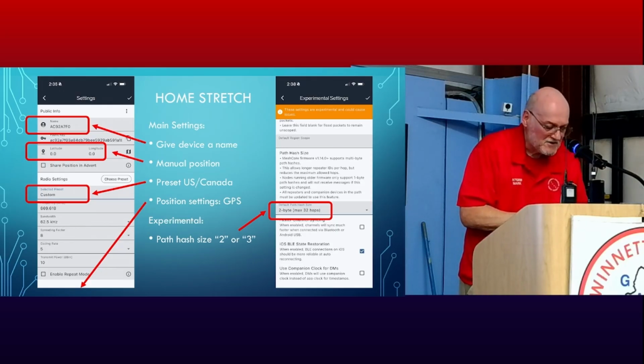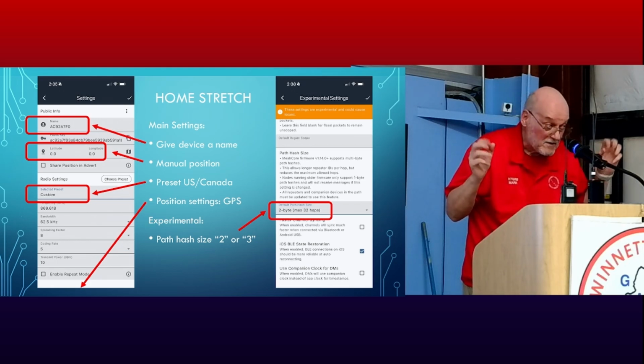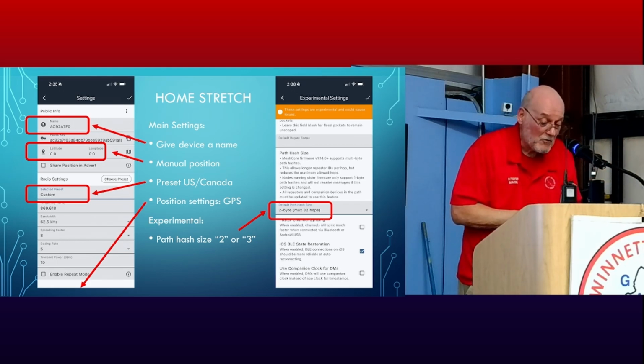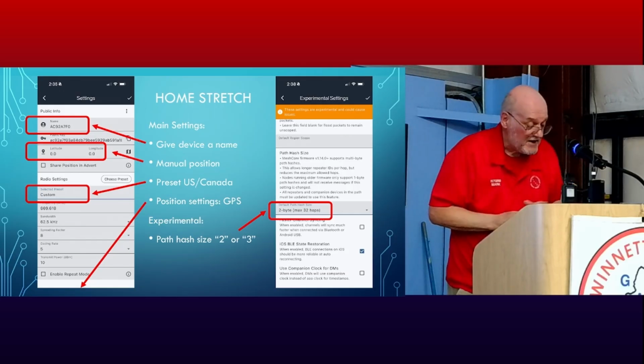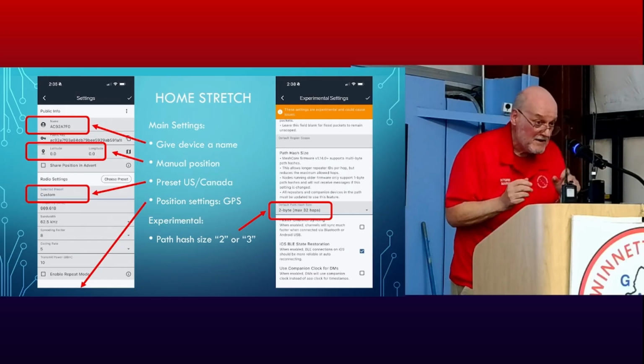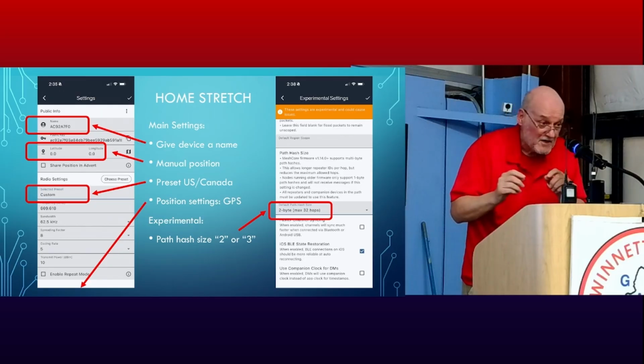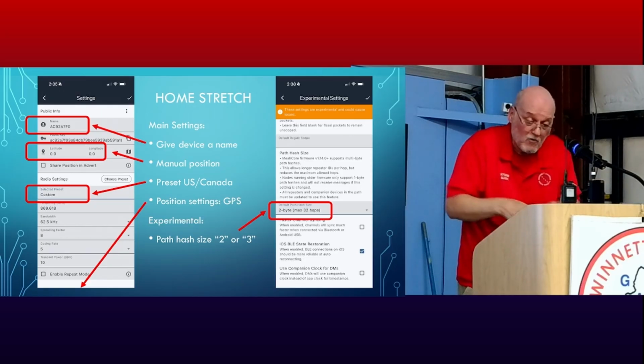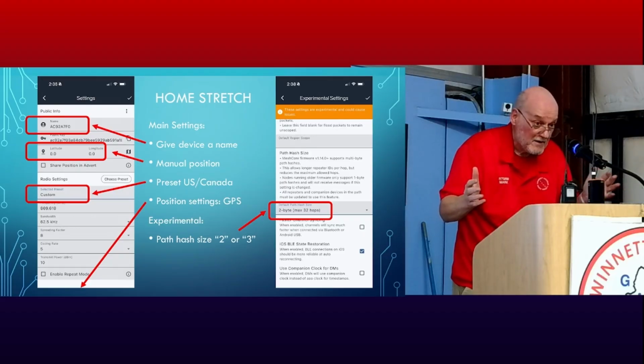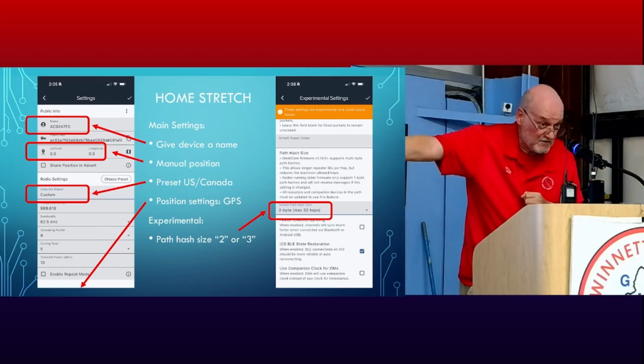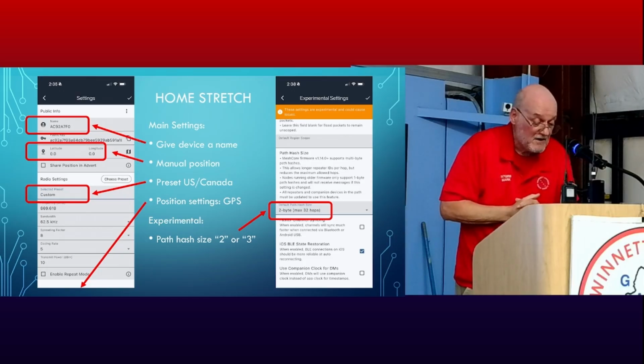There is a selection for experimental settings, and when you set up, I'd like you to go there, and you'll note that there's a place, we talked about breadcrumbs, right? And how when you send a message, it sets either a 1, 2, or 3 byte breadcrumb requirement. This is where you set that default breadcrumb requirement on the experimental settings. And normally when I came here, it was 1 byte. I set it to